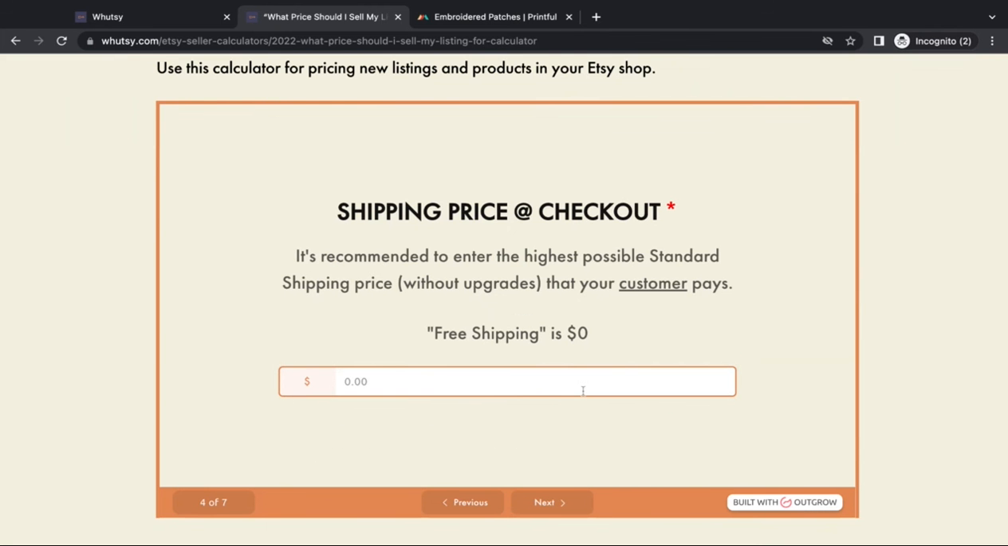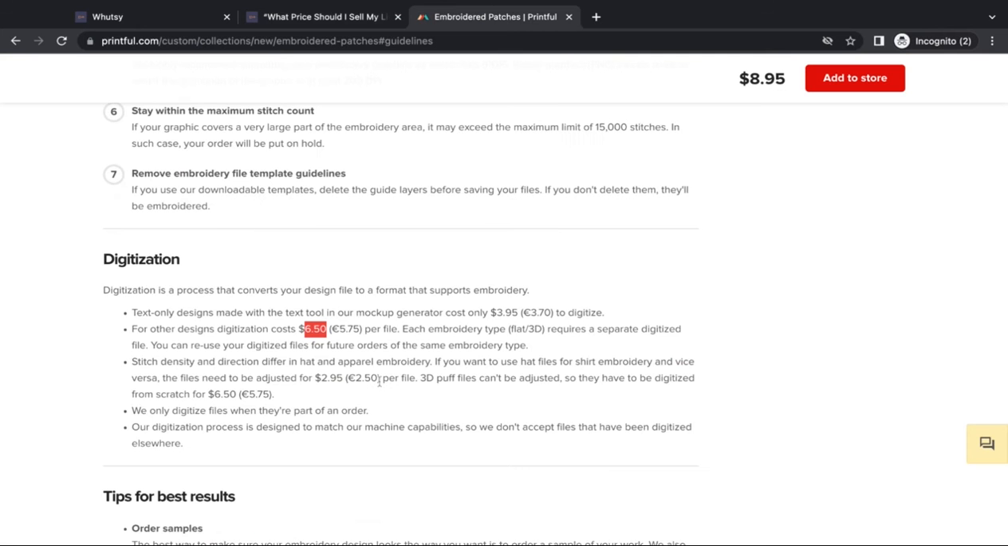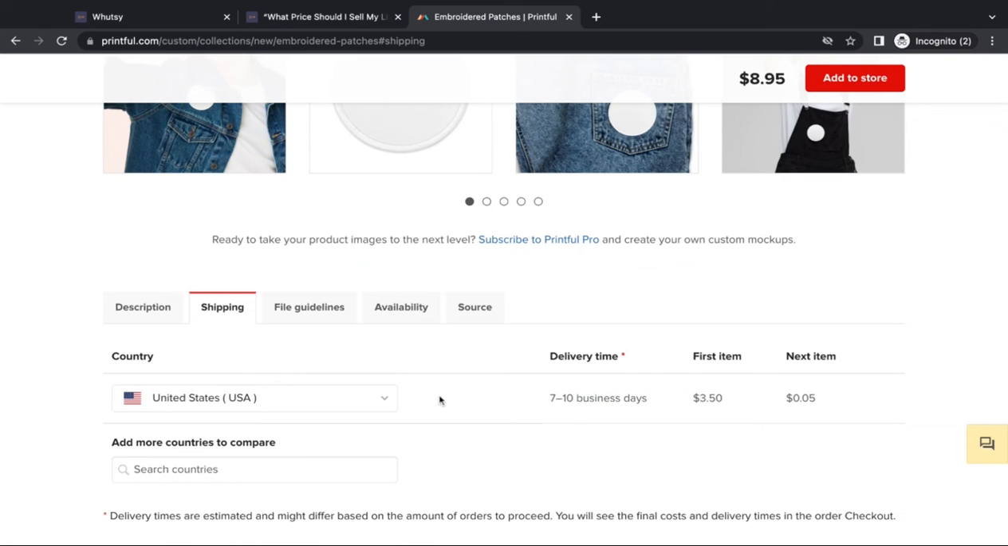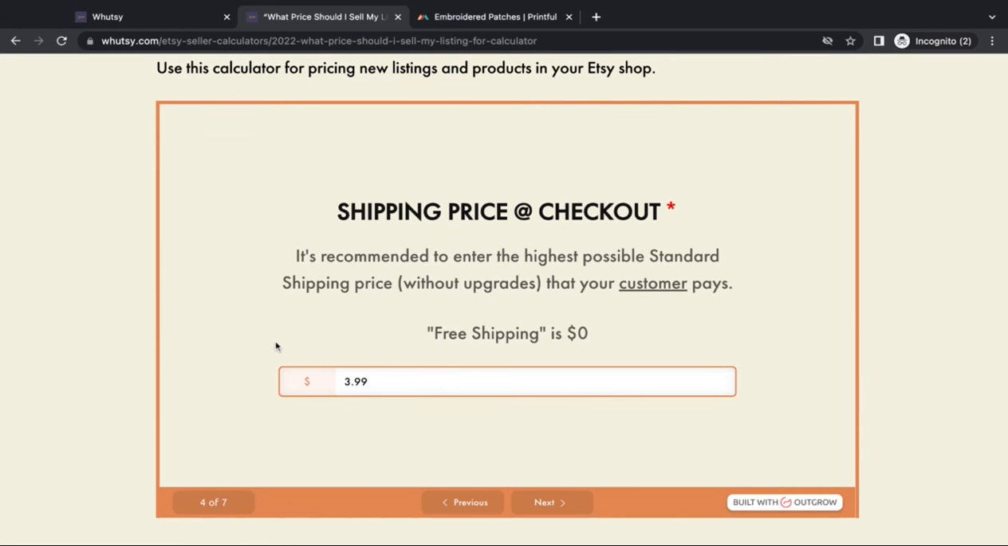Shipping price at checkout. Am I doing free shipping for my customer, or is the customer paying for shipping? And if they are paying for shipping, what are they going to be paying? I could make this $3.99, because if I go to the listing on Printful and see the shipping cost to the United States, it's $3.50. If I'm making this myself and shipping this myself, I need to know what the highest possible shipping price a customer will be paying. So I always suggest going to USPS.com, using their package calculator, or use